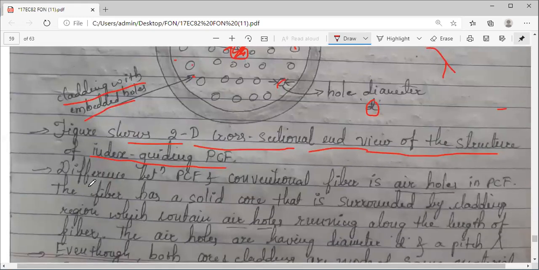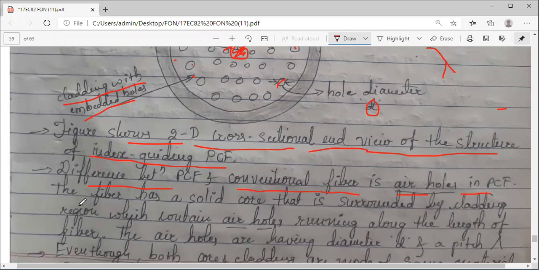The major difference between this index guiding PCF and your conventional optical fiber is that the air holes are there in the PCF. Obviously, we don't have any air holes in the cladding of our usual normal optical fibers.